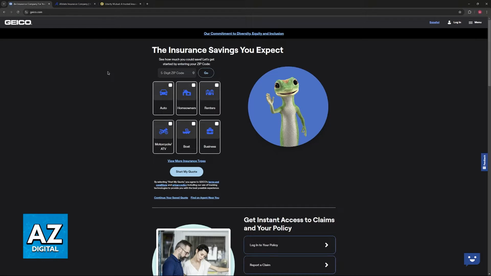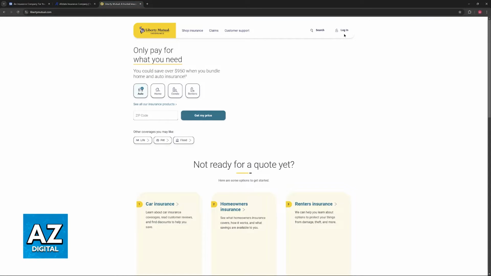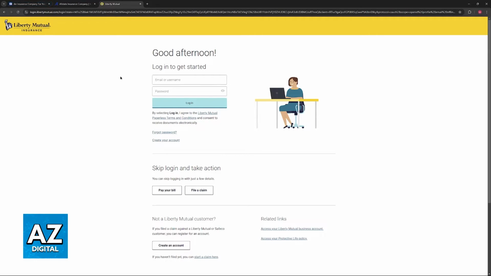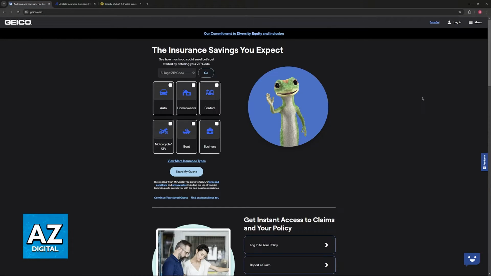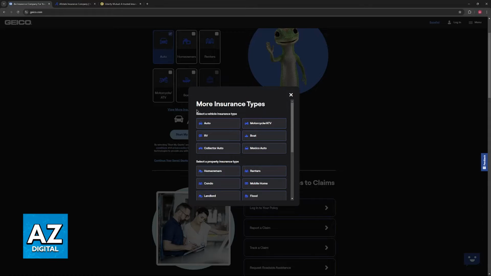So first, log into your online account. You have to go over to the app or website for your specific insurance provider and log into your account. So you will be able to manage the current insurance policy that you have and of course transfer the ownership. So log in using your credentials. After you are done signing in to your account, you will be able to browse through all of the options so you can find the specific policy that you would like to transfer ownership of.